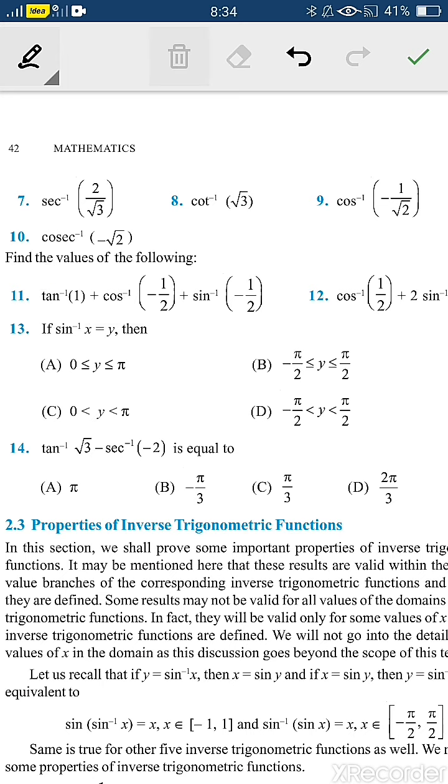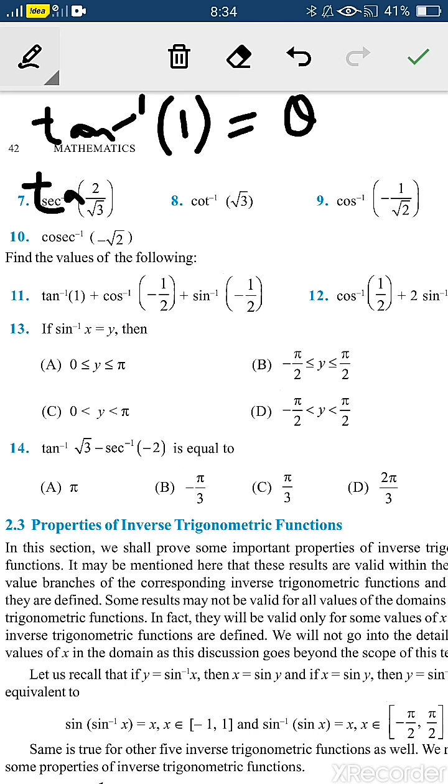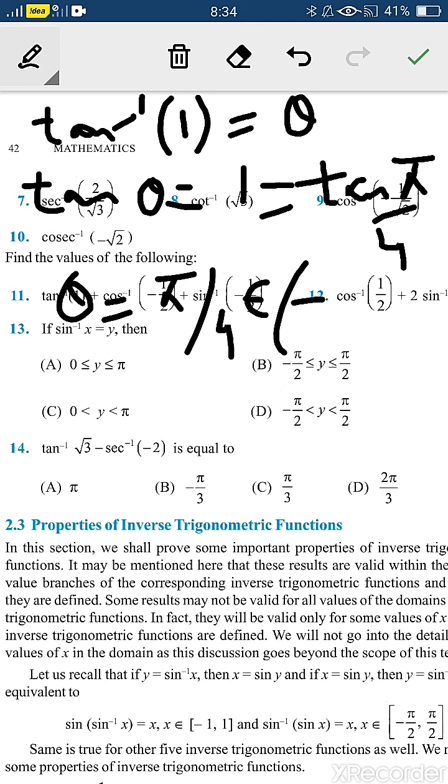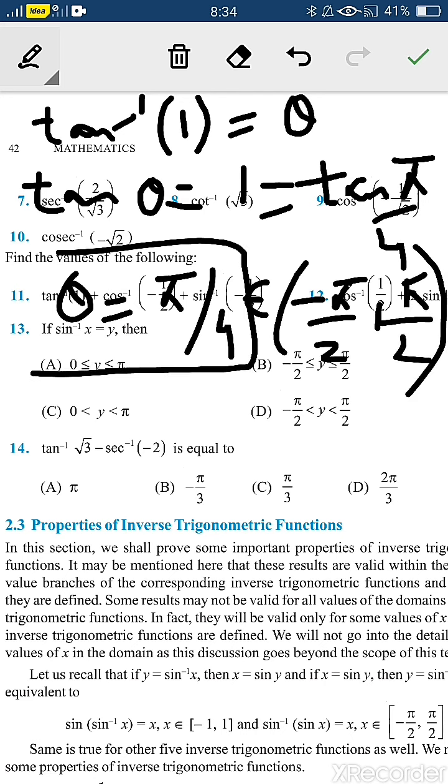Now taking the first part, that is tan inverse 1, right? Let us take this as theta, so this implies tan theta is equal to 1. And the value is 1 when it is equal to tan pi by 4, that is at 45 degrees. So theta is equal to pi by 4, and you have to write that it belongs to its principal value branch, that is the open interval minus pi by 2 to pi by 2. It is lying there, so you got this as pi by 4. This is your first. What is second?